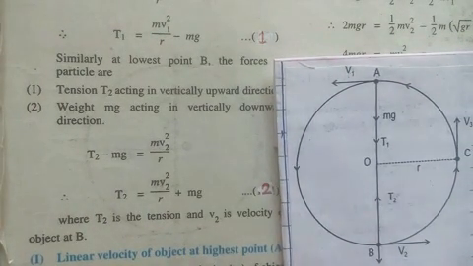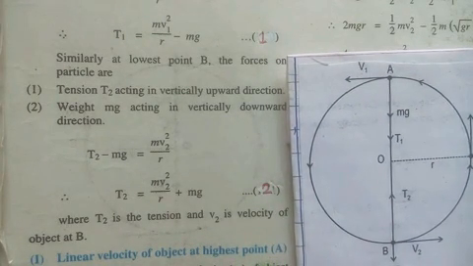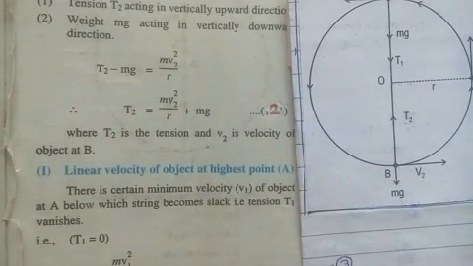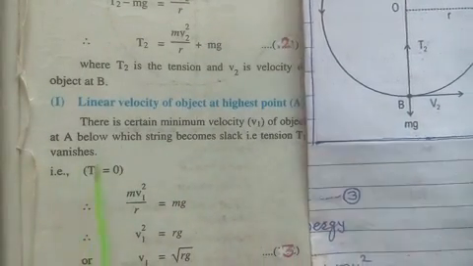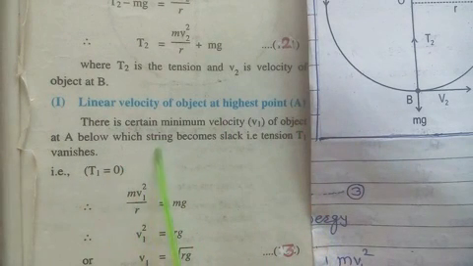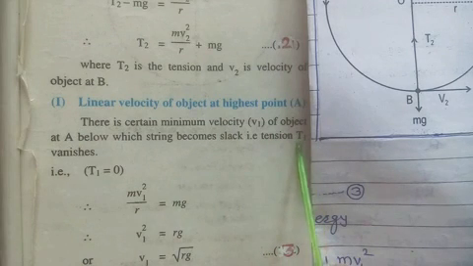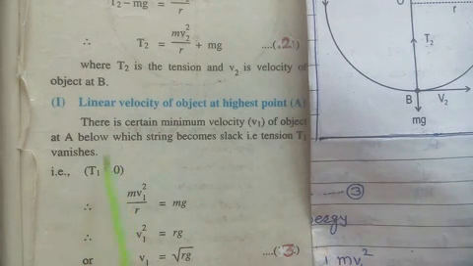First of all we will study the linear velocity of the object at the highest position A. There is a certain minimum velocity of the object at A, below which the string becomes slack, that is loose, and tension will become 0. So in that case T1 will be equal to 0. So from equation number 1,